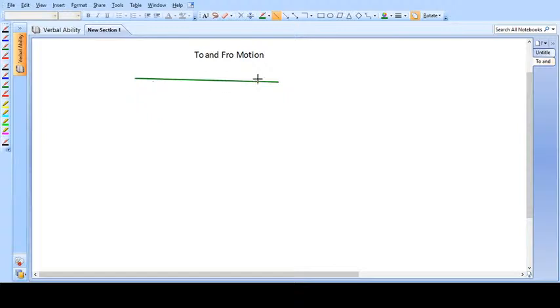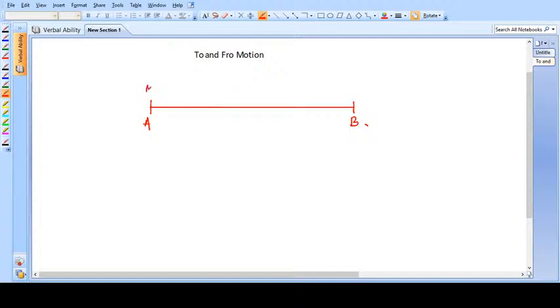So let's make a straight track. This is a straight track, right? And there will be two terminals here. So A and B